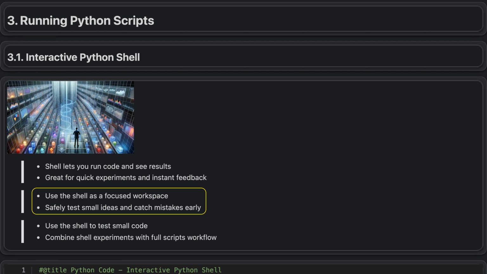The interactive shell is not just for typing random commands. It is a focused space to refine ideas before turning them into full scripts. You can quickly test data cleaning steps, value transformations, or formulas, and see how they behave on a small scale. This is useful across fields, from engineering to the humanities, where you might verify calculations or experiment with text. Because you work with small pieces of logic, the shell provides a low-risk environment where mistakes are easy to spot